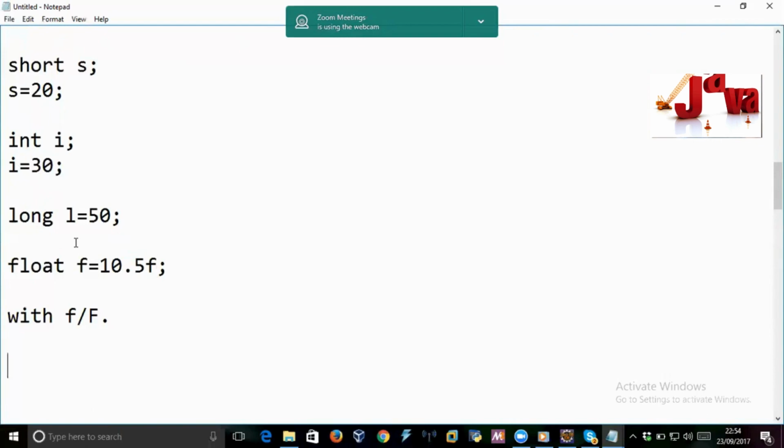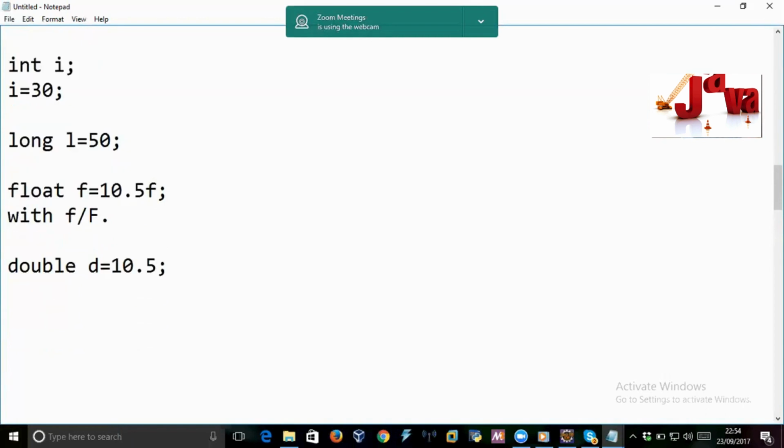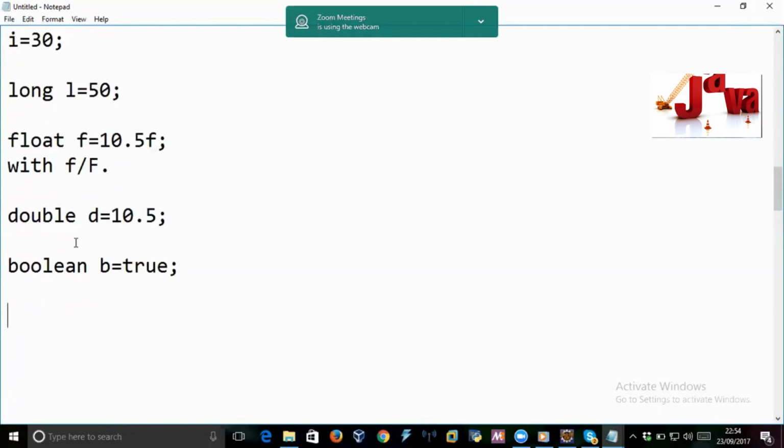As of now, just remember that. Next one: double d equal to 10.5. Don't suffix anything for double. It's not necessary. Similarly, boolean. You should initialize a boolean either with true or false. Don't try to initialize anything else, and just put true here. That is another important point. Next one: String s equal to